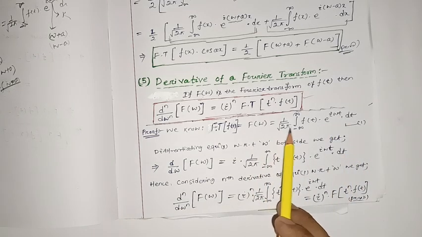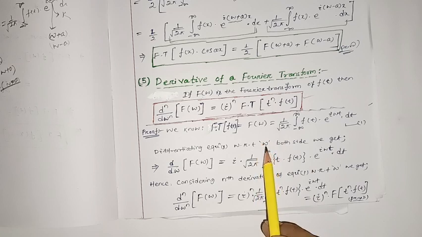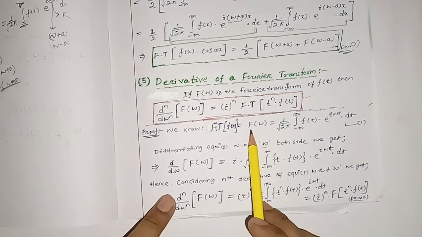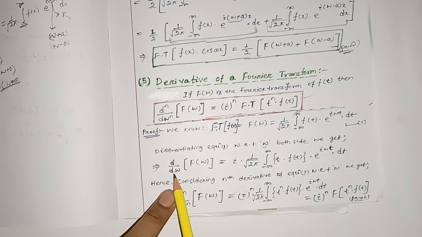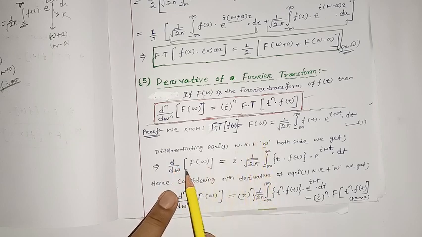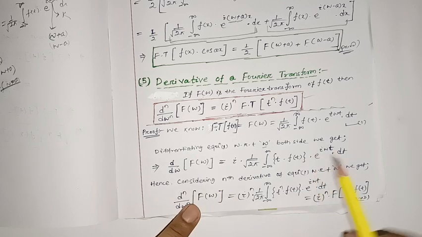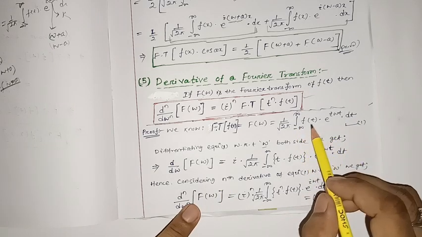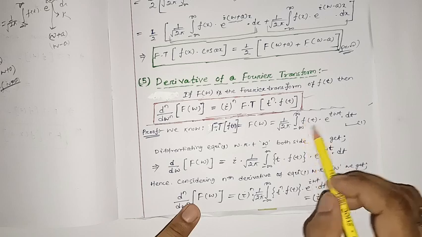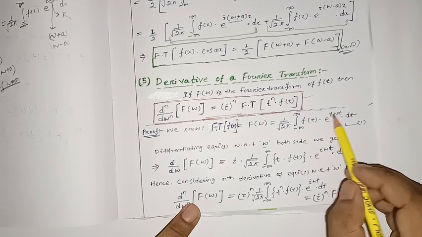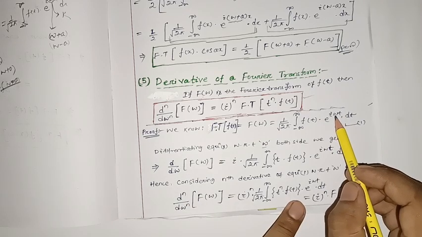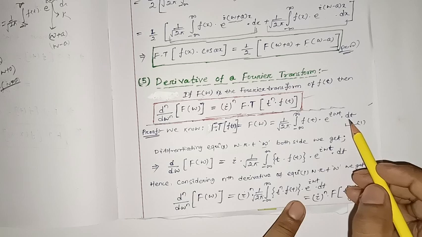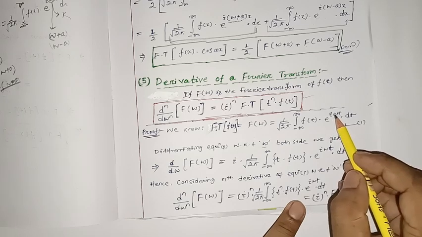Now we are going to differentiate equation number 1 on both sides with respect to omega. On the left-hand side of equation 1, we have capital F of omega. So d by d omega of capital F of omega will be equal to, on the right side, f of t acts as a constant, and only e to the I omega t depends on omega. So if I differentiate with respect to omega, the value will be I times e to the